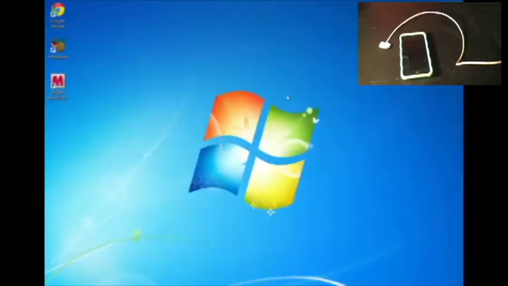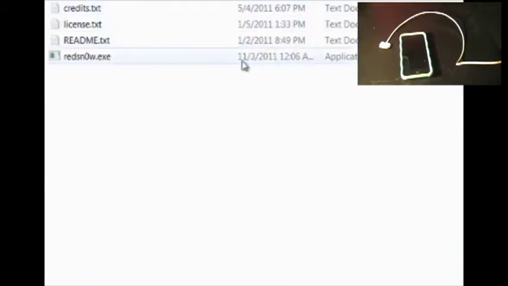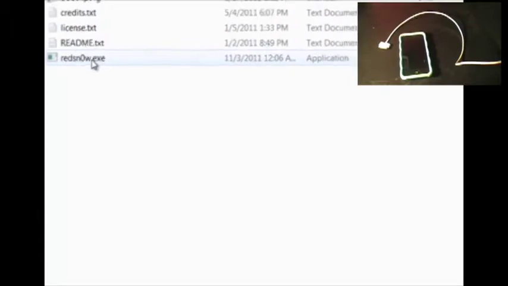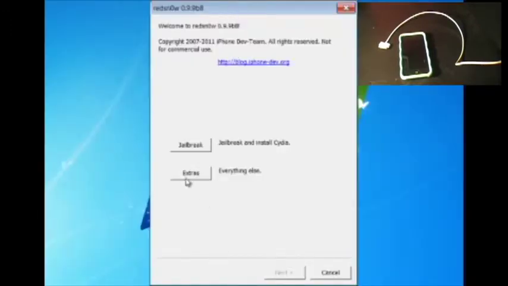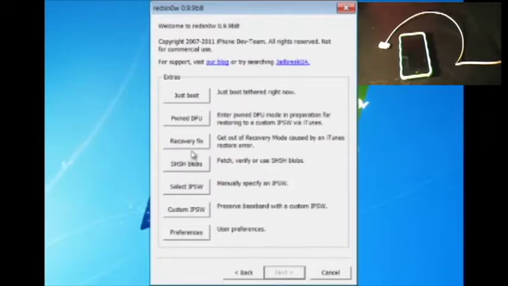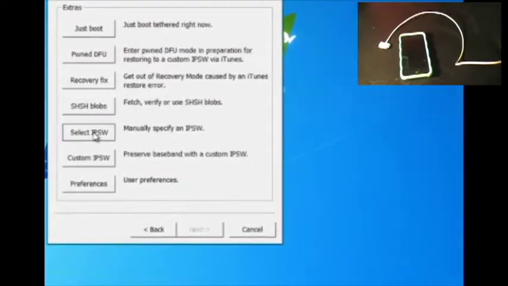This is the Windows one, so click here and it'll download. Then you want to go to your downloads page and unzip the file, it is a zip file, and then go into the folder, which will look like this. Go into another folder and you will see 5 different applications in here, and you want to click on redsnow.exe. Okay, and once you're in here, you want to go into extras, go to select IPSW, and from